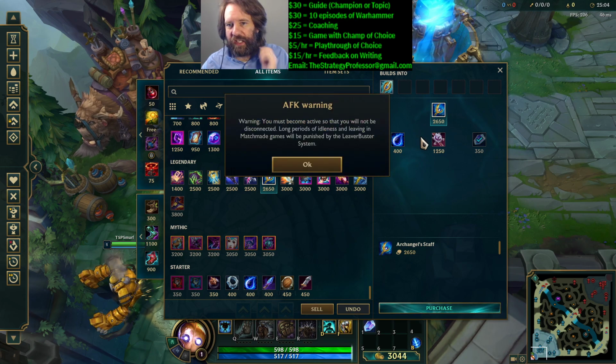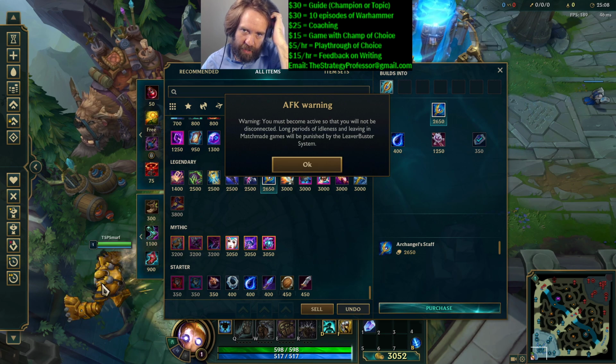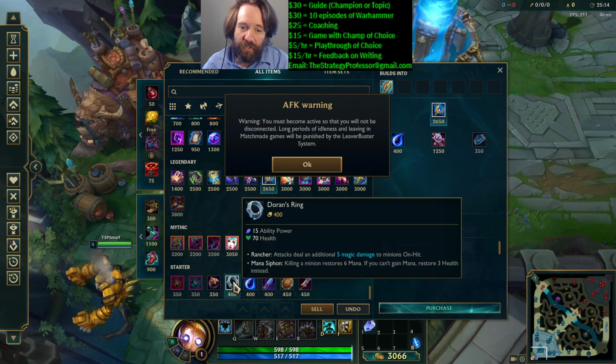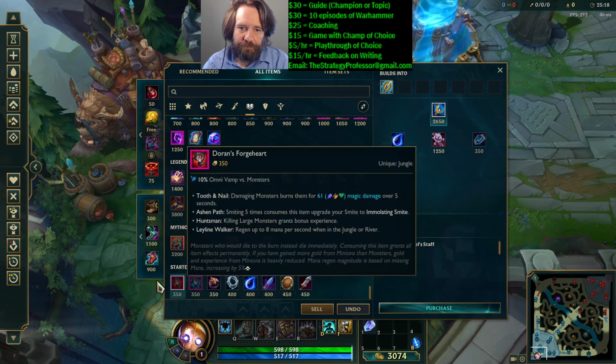If you want to go for it, I guess you can start with Tier, and then you're going to have a lot less mana because you don't have the mana refund from Doran's Ring early on, which is substantial. You are also going to be a lot weaker to all-in pressure, but...